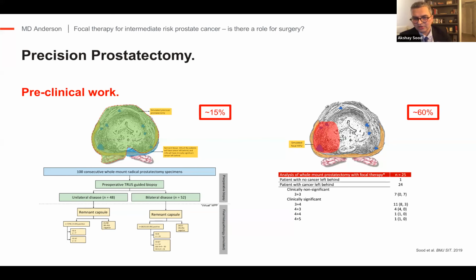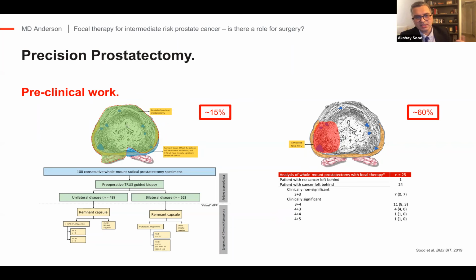And this is, again, not far off from what we are seeing with these newer studies that are performing whole gland biopsy, that the rate of failure is 40%. So there is that difference. And here we simulated a new procedure hypothetically at that time. And this was based on some of the data review that we had performed.